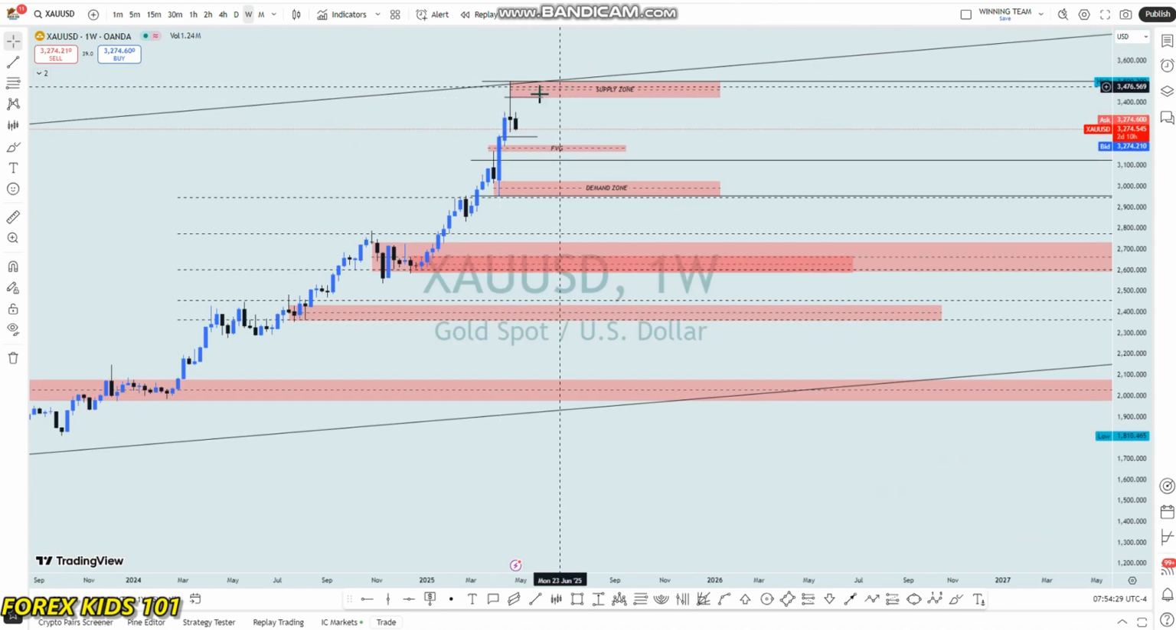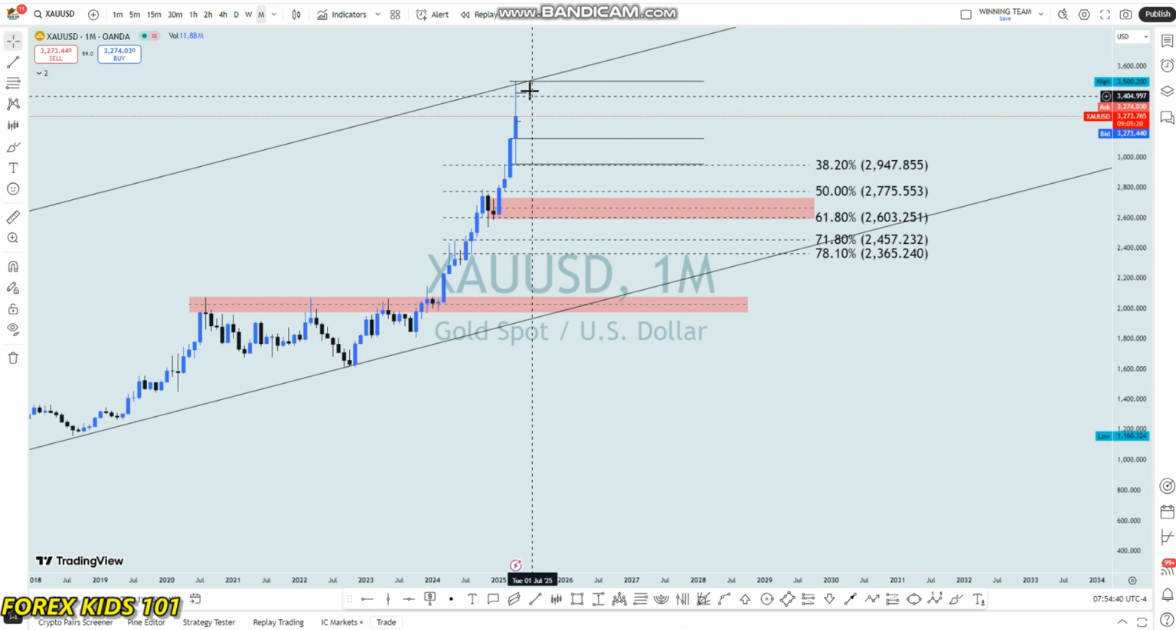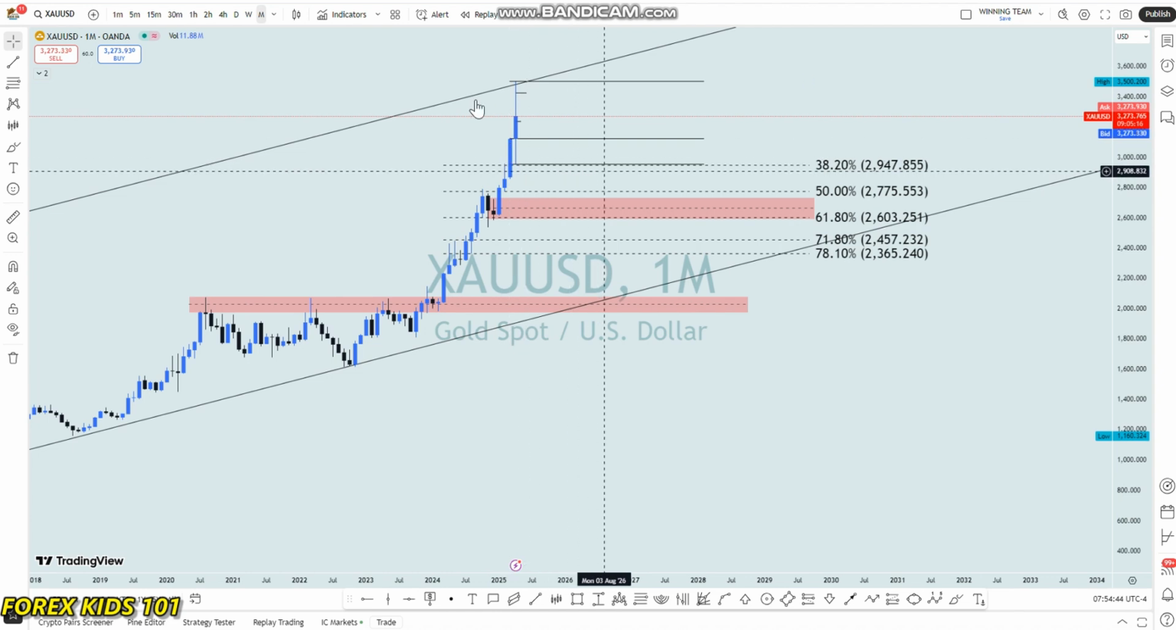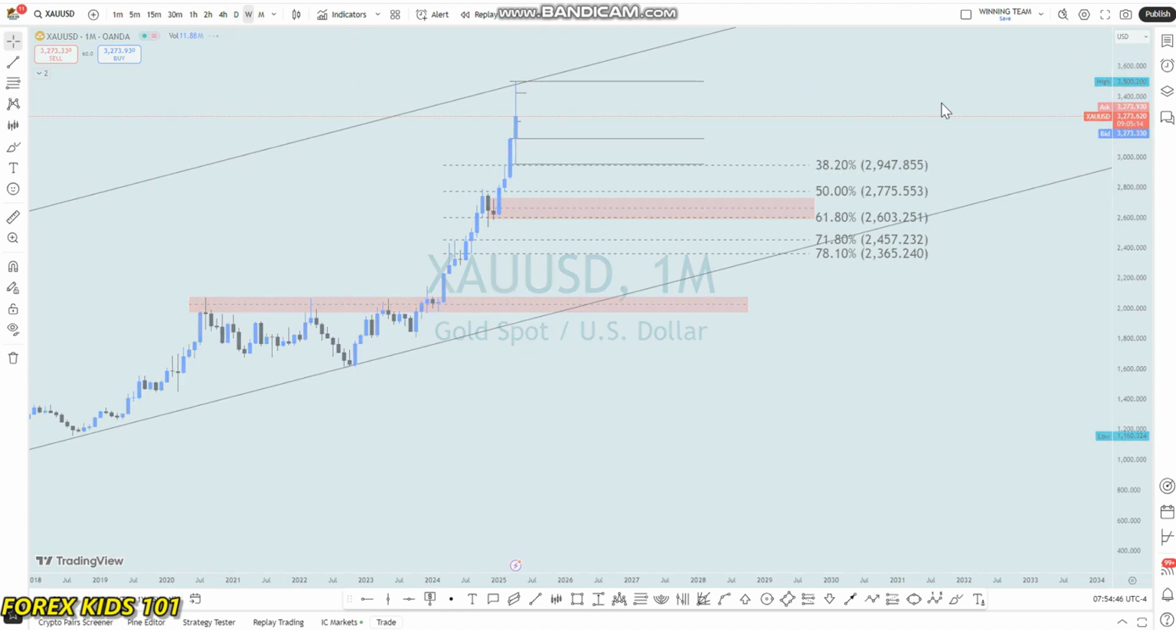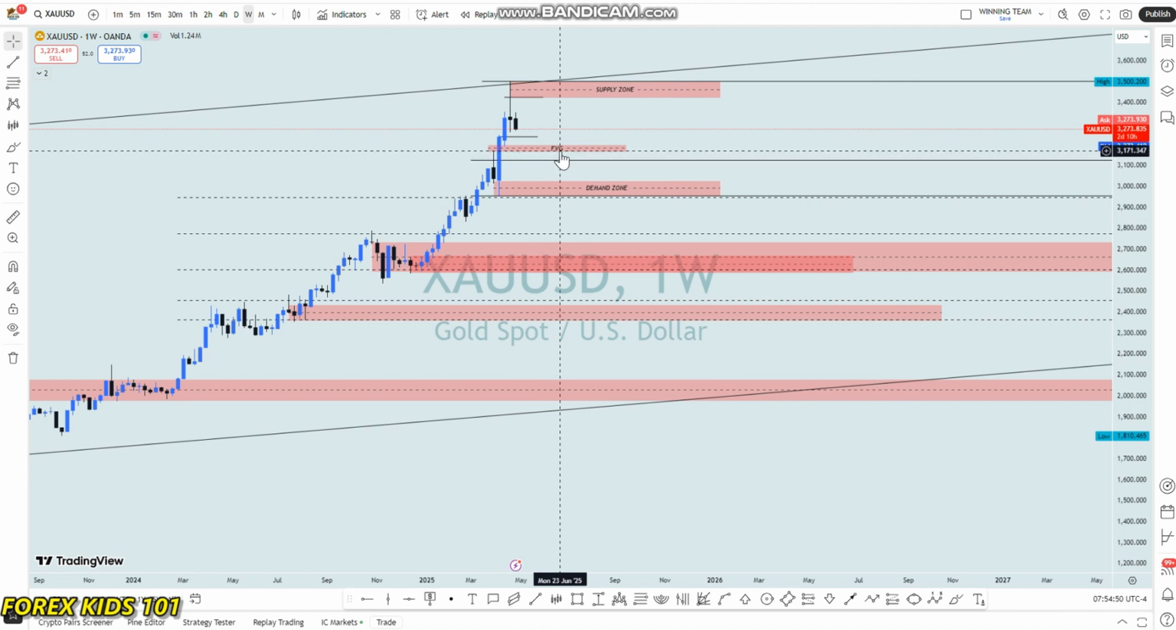Up here you can see we have this supply zone, this is where the wicks are, and down here we have this demand zone, this is where the wicks are. This is from the monthly time frame: the high of the month, the low of the month. So we have the supply zone and the demand zone for the months. Going down to the weekly time frame, we have the weekly fair value gap, which is down here around